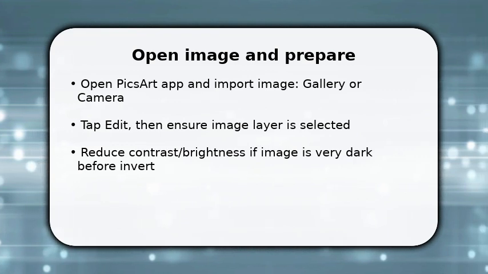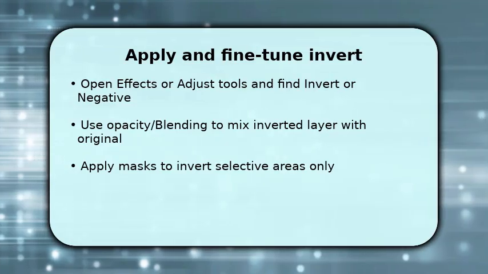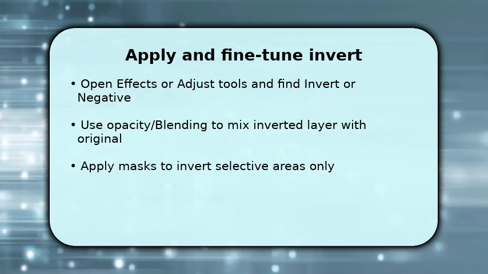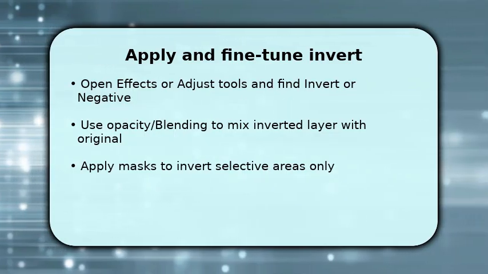Now locate the invert or negative effect in Side Effects or the Adjust menu. Apply it to the active layer. You can fine-tune by lowering the effect opacity or changing the layer blend mode to Overlay, Soft Light, or Normal